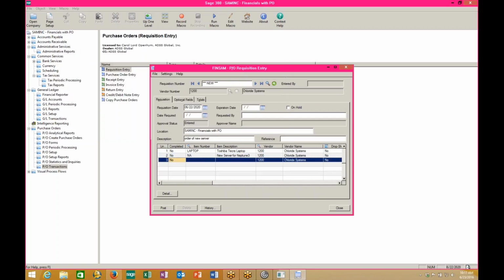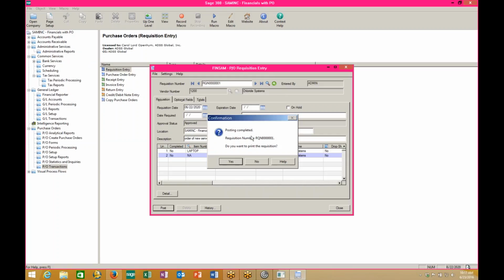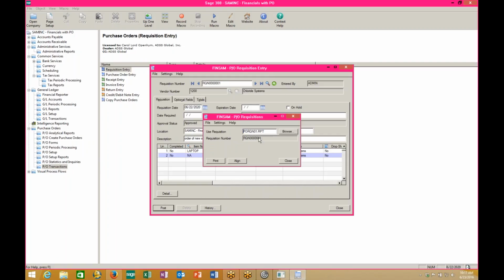So now I've added 2 lines to this requisition, and one is an item that we created as a regular item, and then one is not. So I'm going to go ahead and post this order. And if I wanted to print the requisition,